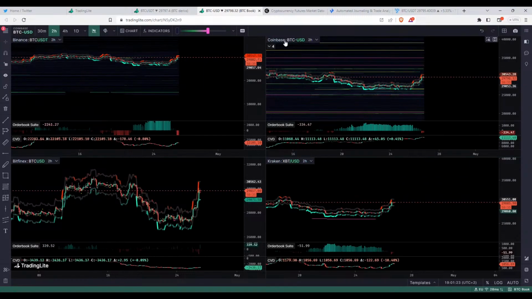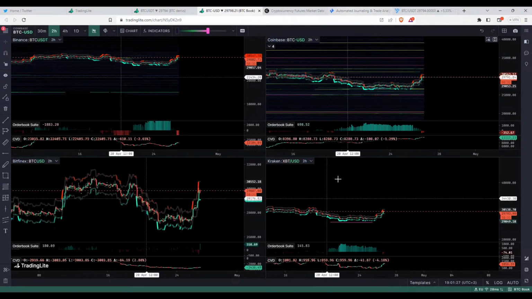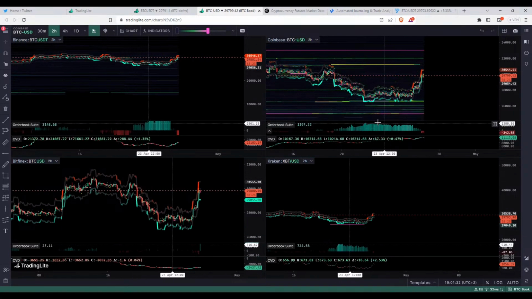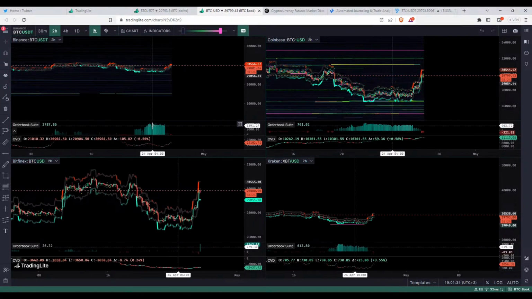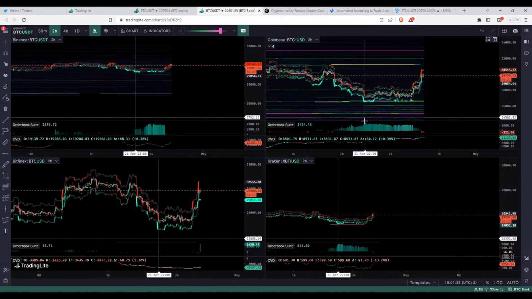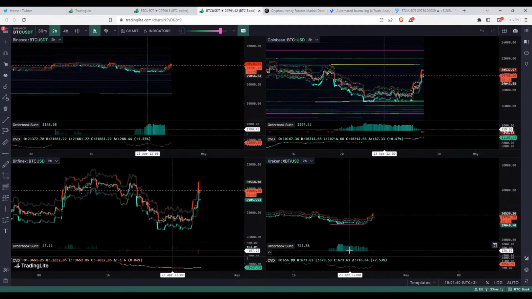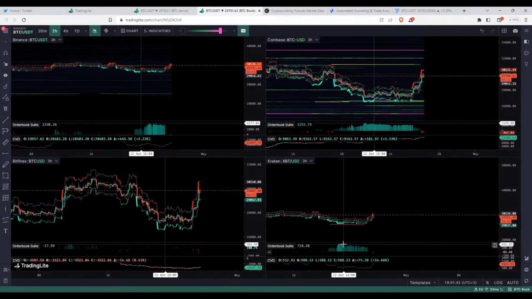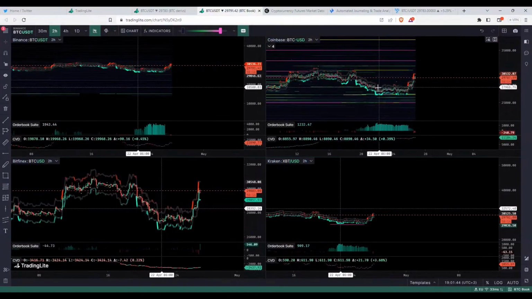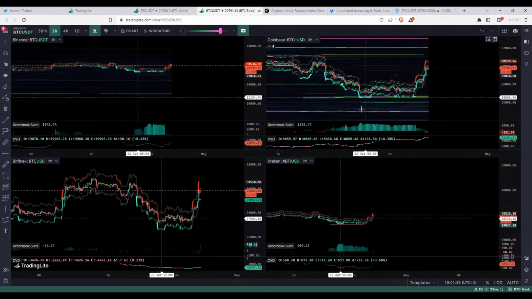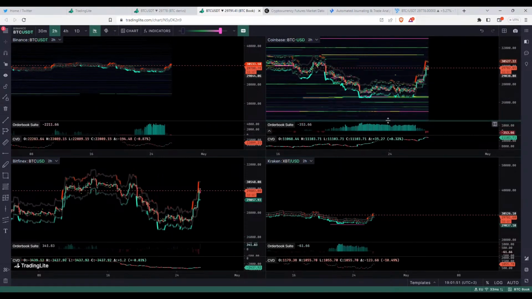But you can see basically I have Coinbase, Binance, Bitfinex, and Kraken here, and you can see the depth on the bid side on all these exchanges. We have Binance Spot, Coinbase, Kraken, not really Bitfinex, but all these three exchanges that basically bring the most Bitcoin spot volume. For those last couple of days that we made the bottom, the books were really populating very heavily on the bid side.